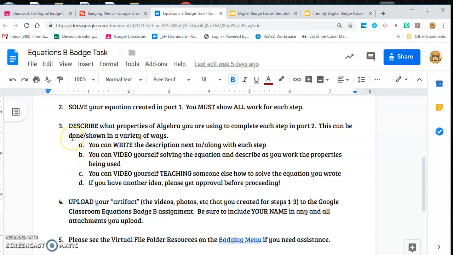This can be shown in a variety of ways. So some of the suggestions that I make is that they can write the description next to or along with each step. They can video themselves solving the equation and describing the work as they work through the properties being used. They can video themselves teaching someone else how to solve the equation that they wrote, or if they have another creative idea that they want to try, they can run it past me first and I'll let them know